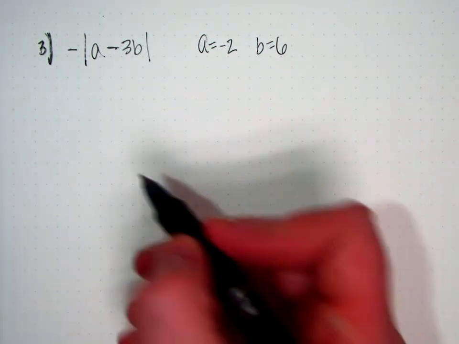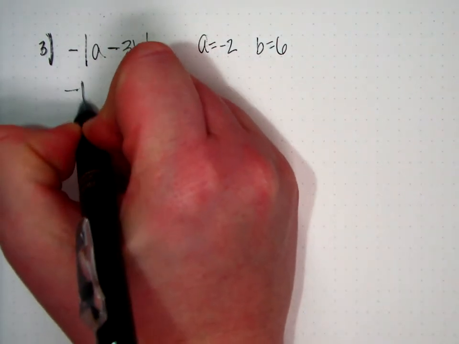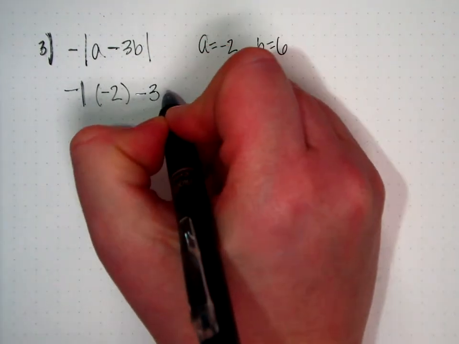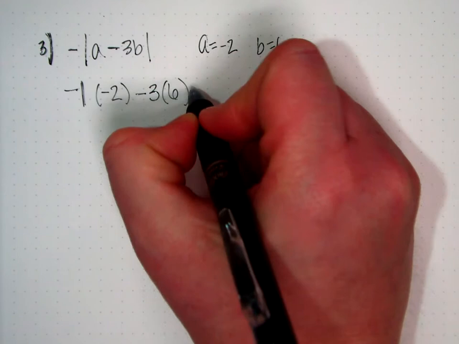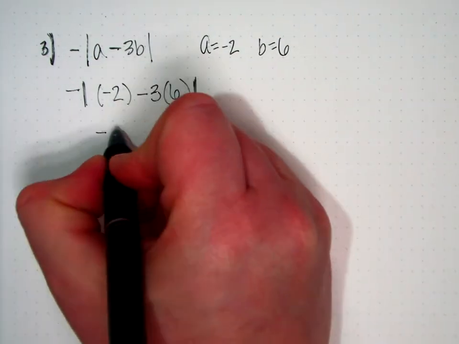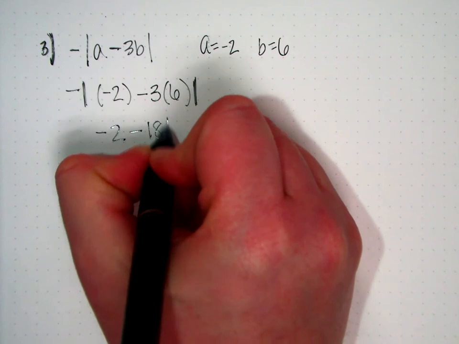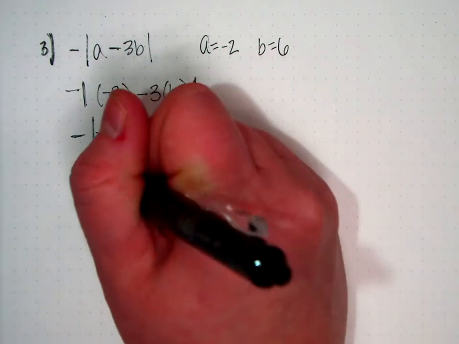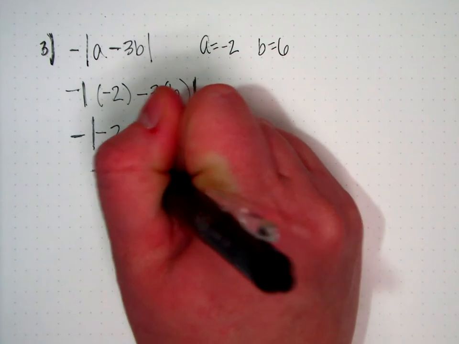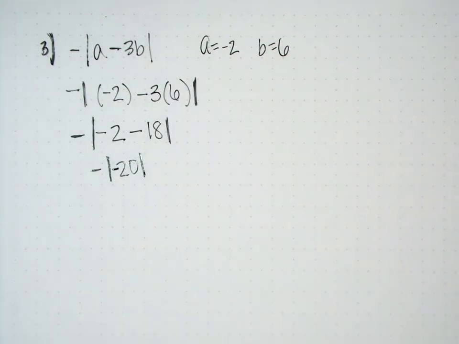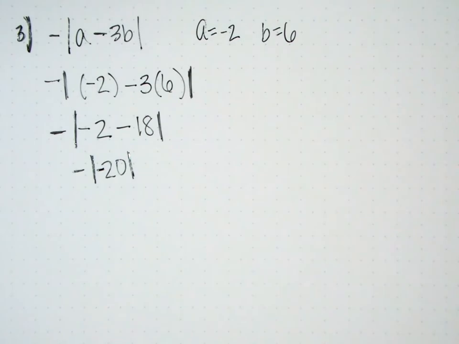So first, negative absolute value, negative 2 minus 3 times 6, absolute value. Negative 3 times 6 is negative 18, so negative 2 minus 18, absolute value, negative. Inside, you get the negative absolute value of negative 20. Try again. So, absolute value, this question I was asked the most this morning was, what does